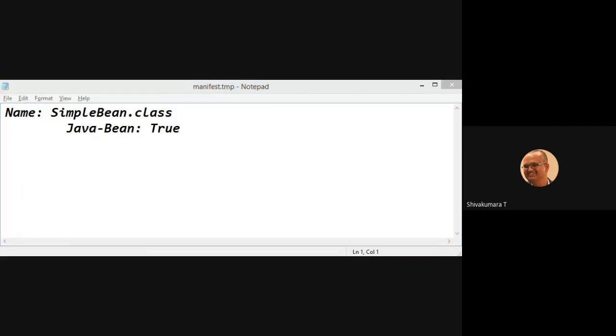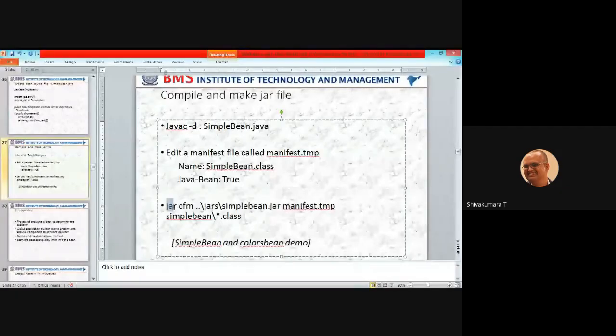What is the next step? Then a very important step, this one. Type jar cfm. These are parameters; I will tell what C, F and M are.